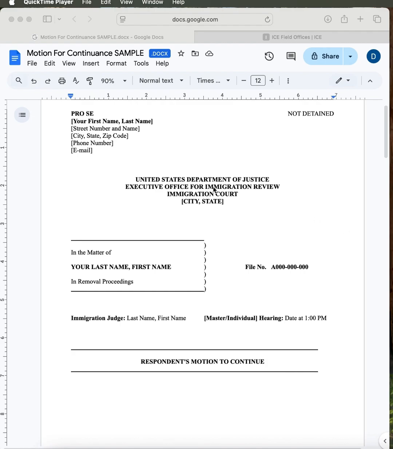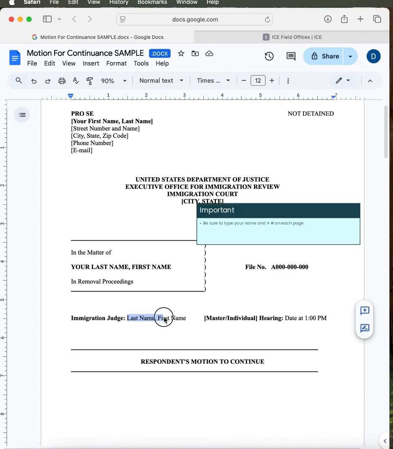It should match your hearing notice, like Immigration Court, Chicago, Illinois, or Immigration Court, Miami, Florida. In the middle section, you write your last name, first name, and A number. Down here, you type in the immigration judge, the type of hearing, the date, and the time.